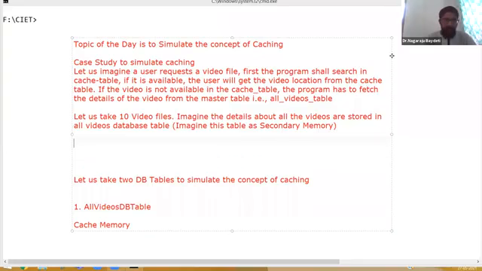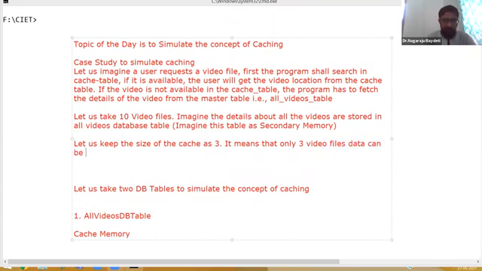Now, let us keep the size of the cache as 3. What does it mean? It means that only 3 video files' data can be stored in the cache.